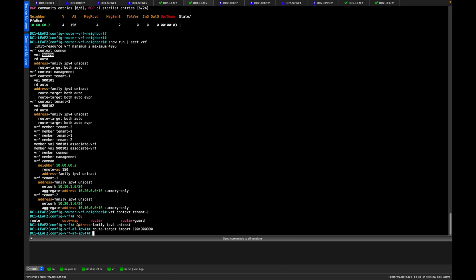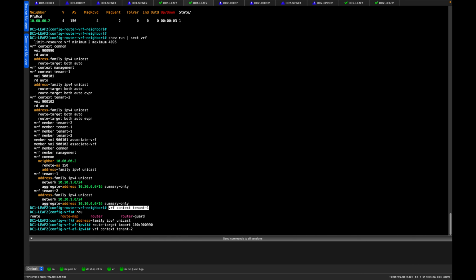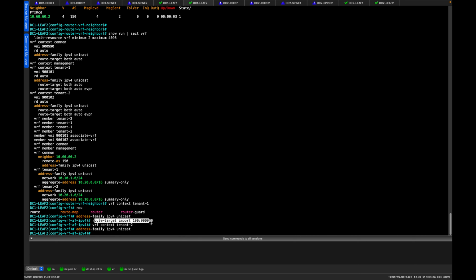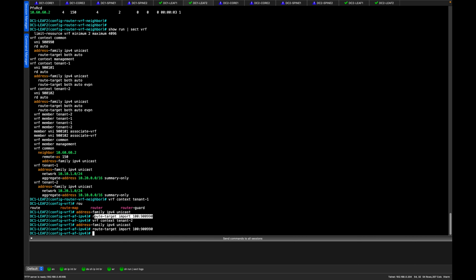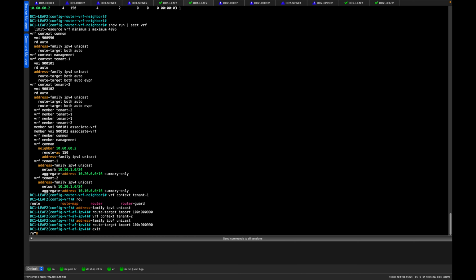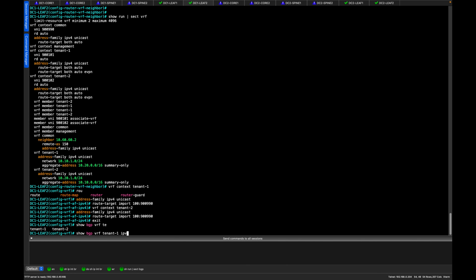Do that. Then we will come into tenant 2 and do the exact same thing. So this is where we've used the route target of auto. That's essentially what it does, as I've alluded to previously. It uses the autonomous system number as the first, and then the VNI is the second half of the route target. So what we should see is if we do a show BGP VRF tenant 1 IPv4 unicast,